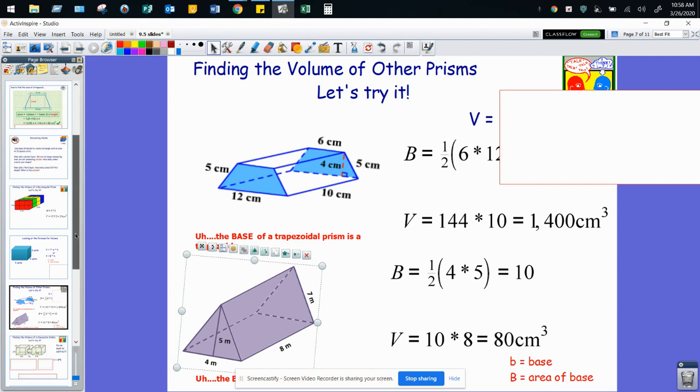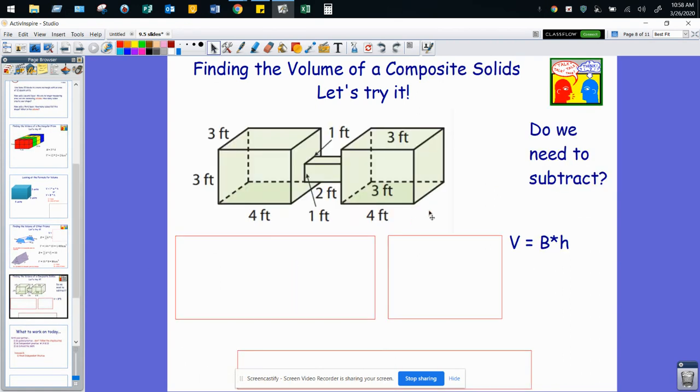And now if that's not enough, yes, we have composite solids. And it's not that much harder. Before we start, do we actually need to do some subtracting just like when we did composite surface area? Not so much, because I'm not measuring outside, I'm measuring what's inside. So no subtracting here. I just need to find the volume of this shape, the volume of this shape, and the volume of this shape. And when I look at it, these two are actually the same. These triangular prisms, they're 3 by 3 by 4s. So if I do those two first,